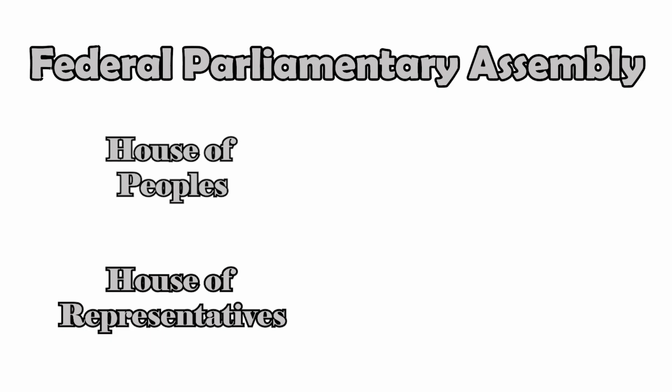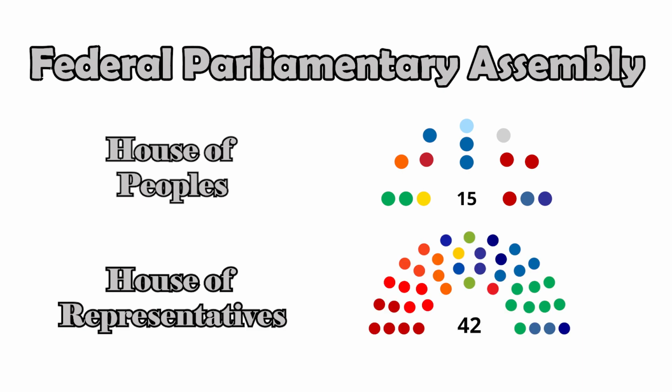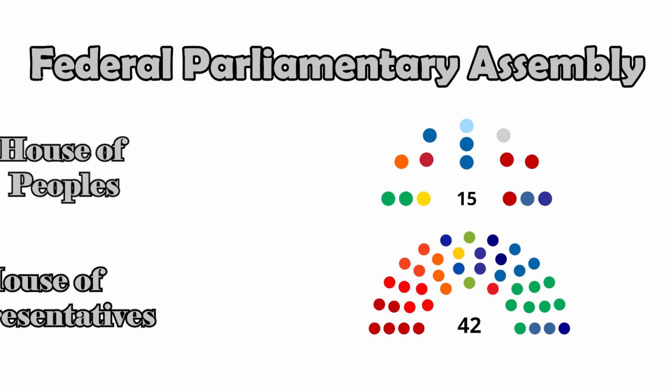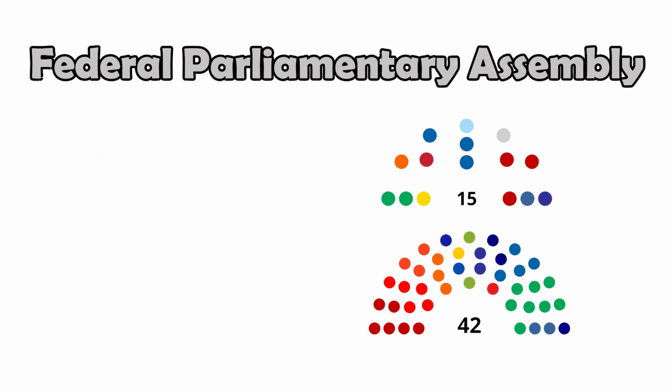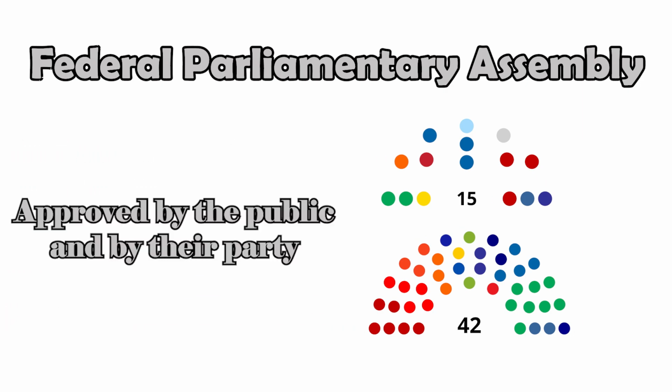Back to the Parliamentary Assembly, which itself is made up of the House of Representatives and the House of Peoples. The latter is made out of 15 individuals, 5 of every ethnicity, and the former is made up of 28 delegates from the Federation and 14 from the Republic. The people you vote for by highlighting them are actually most likely to get into these two positions, meaning that